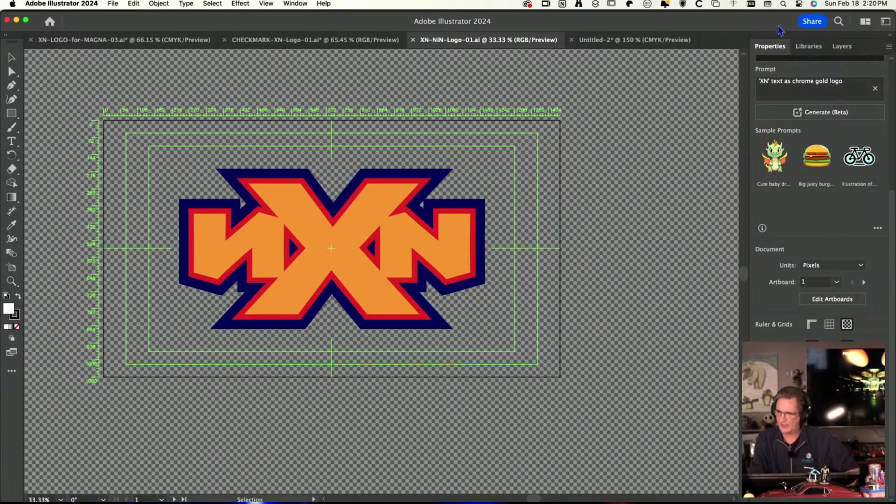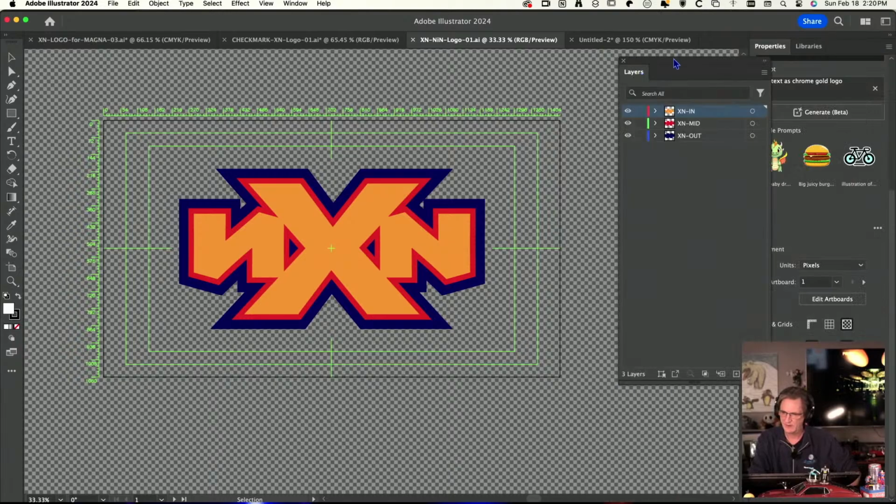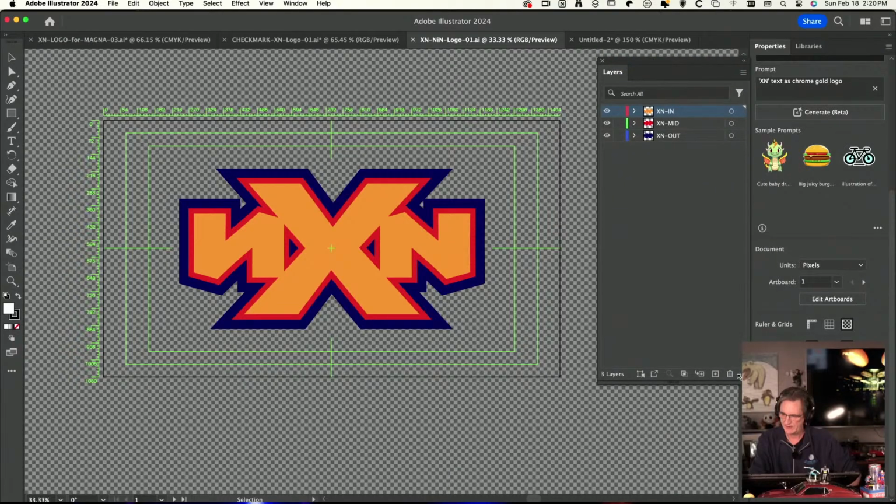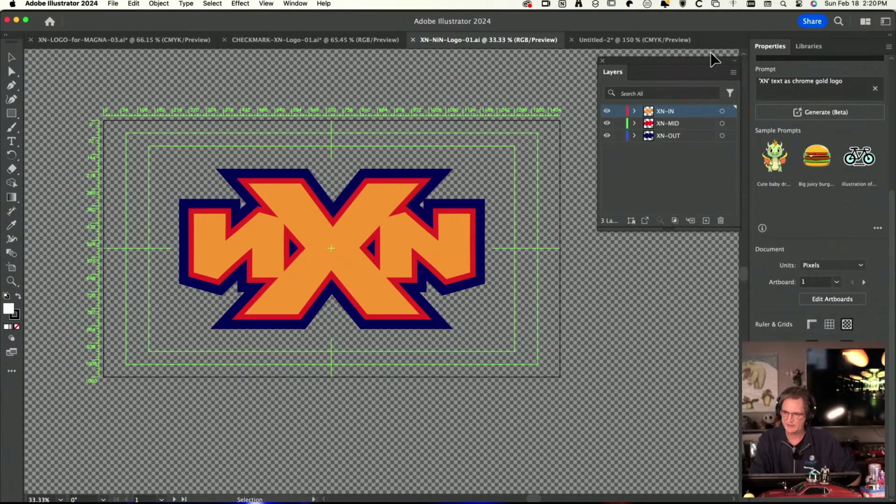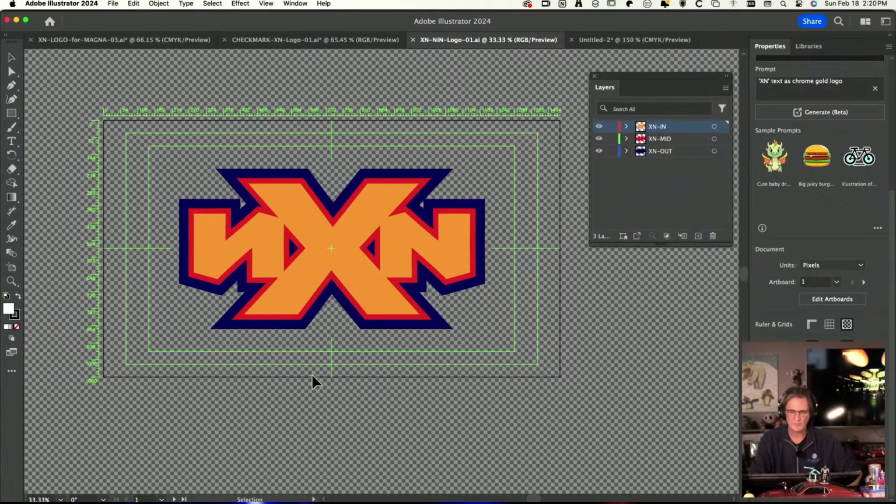As you can see, I have 3 layers. The reason I did it this way is because I wanted to bring it into Cinema4D, and I'm planning on cutting holes in all of these. I want to set it up so that it cuts properly, because if you don't set this up so that your stuff cuts properly, and just to give you an example real quick,